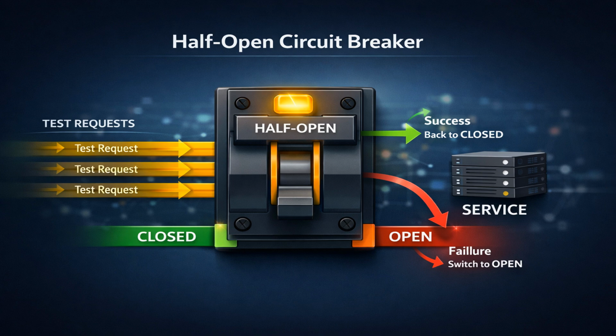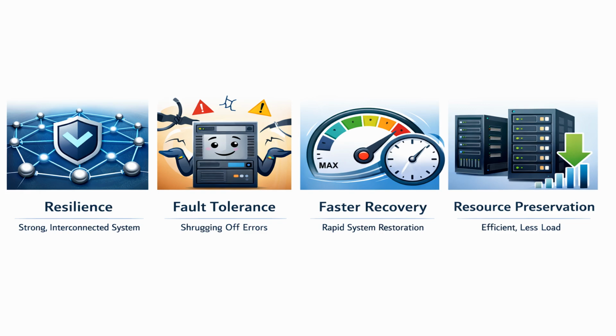The circuit breaker pattern offers several key benefits. It improves system resilience by preventing cascading failures, enhances fault tolerance by gracefully handling outages, and provides faster failure detection and recovery. It also helps preserve system resources by avoiding unnecessary calls to unhealthy services, leading to a more stable